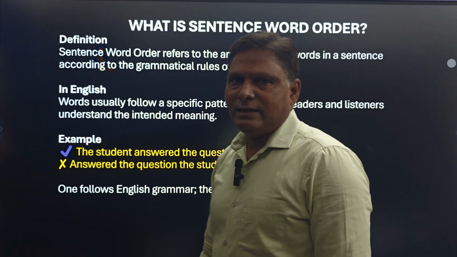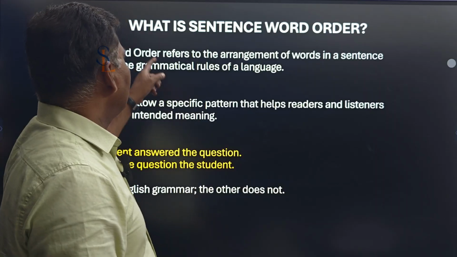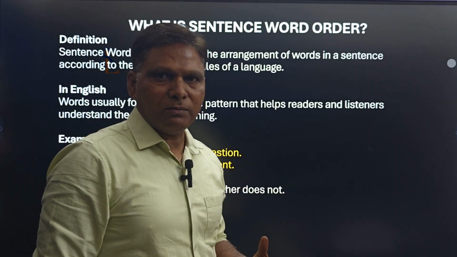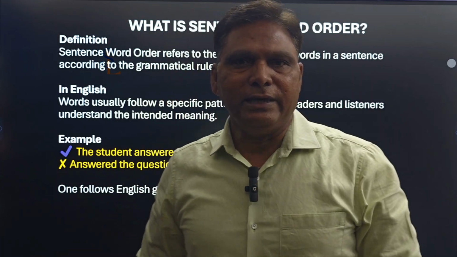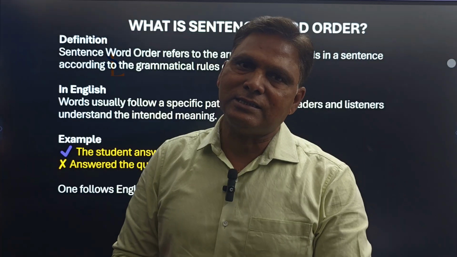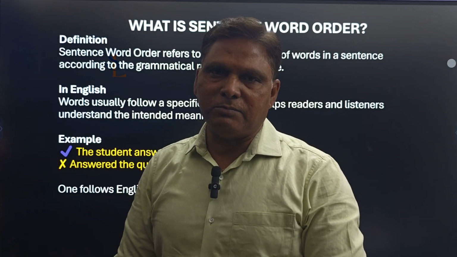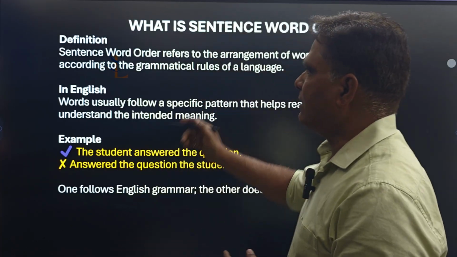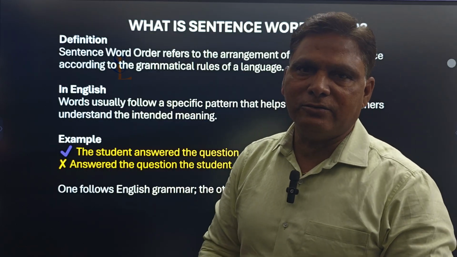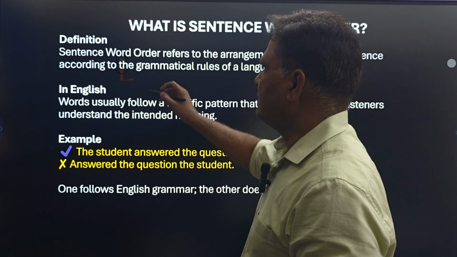And in this slide, we are going to talk about what sentence word order is. Sentence, we already talked about it. Do you remember, in SLPLE1 and SLPLE2, we were talking about sentences, kinds of sentences, and also the importance of subject, predicate and verb. And now let us take this sentence concept from a different perspective, that is, understanding the word order. The definition is: